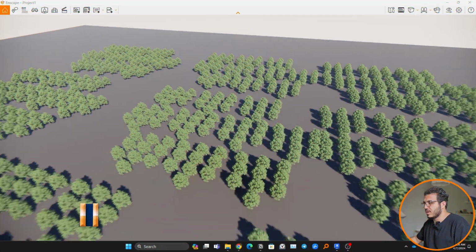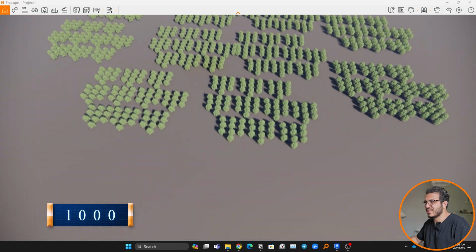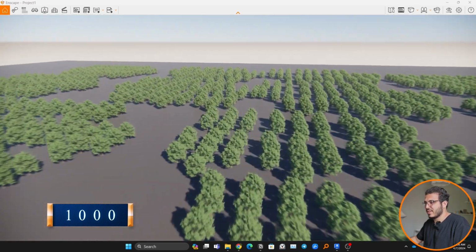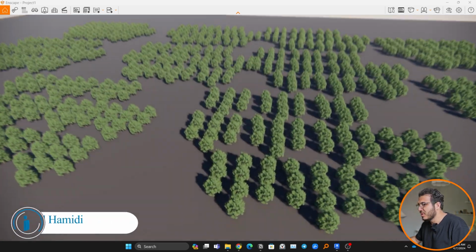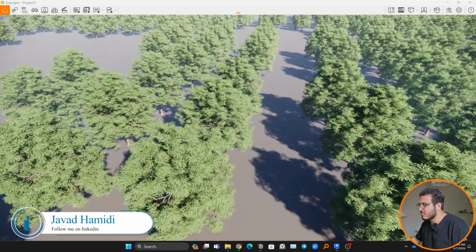And now let's make it 1000. Now we are in the 1000. It's a little bit laggy when I'm navigating, but the VRAM usage is less. I don't know how, but it's working fine. And let's make it